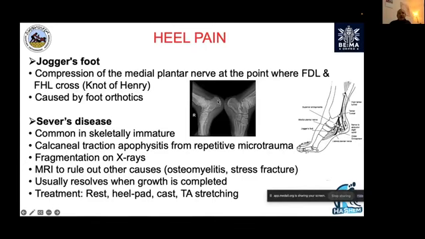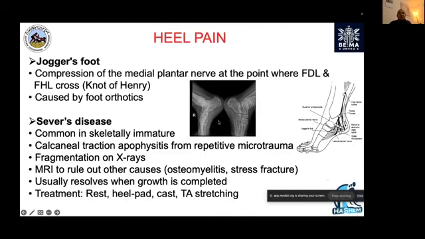This is the calcaneal apophysis, and it's common to have apophysitis in the skeletally immature, especially very active children doing football, with a lot of repetitive microtrauma. They get their calcaneal apophysis fragmented, as you can see, and they have a lot of pain, and this pain always settles when they are 18 or plus. And if you have any doubt about it, get an MRI scan to exclude any underlying problem,